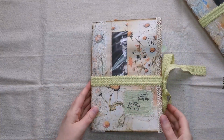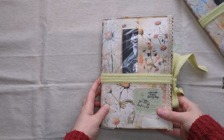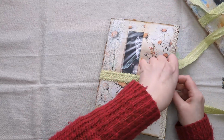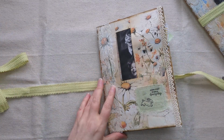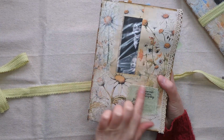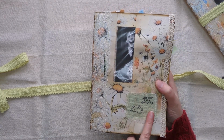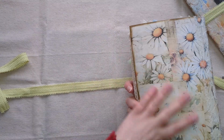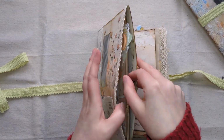As I said, the daisy is done in exactly the same way. Got exactly the same closure, this lovely vintage ribbon trim. Same on the front, although this is a darker linen thread, whereas that one was a cotton material. It's got lace on it, it's all been collaged in the same way, and it's also an envelope, so we've got the lovely